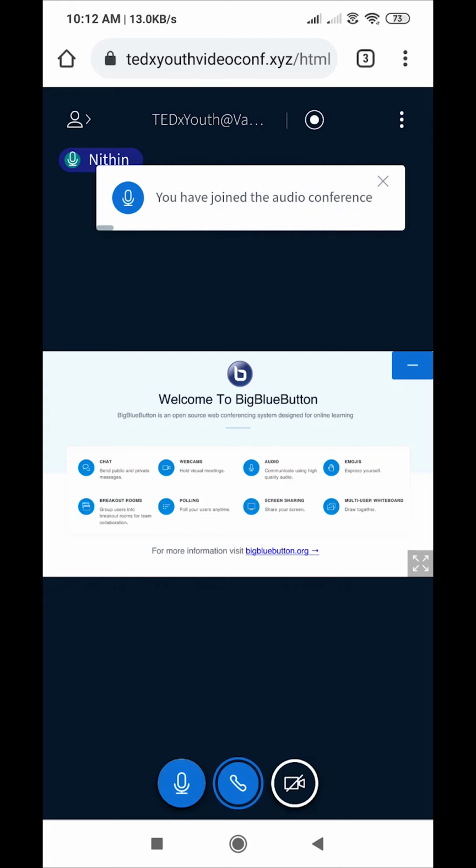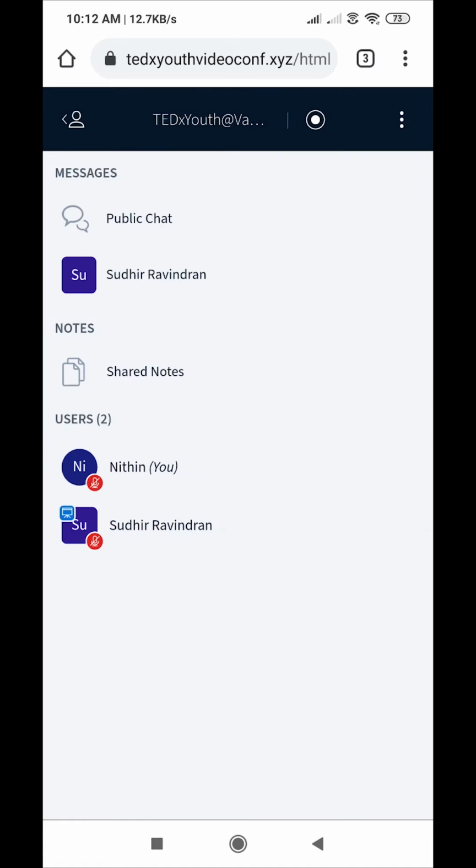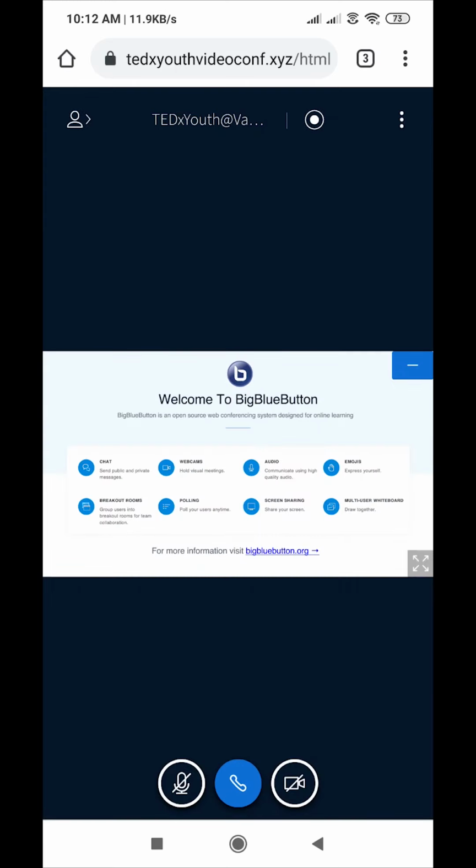Okay, and if you want to mute, you can mute like this. That is all. That is basically how the whole thing will happen, guys. Applications you use like Zoom or Google Meet are pretty similar with a few differences, and I hope I have clarified those differences to you.